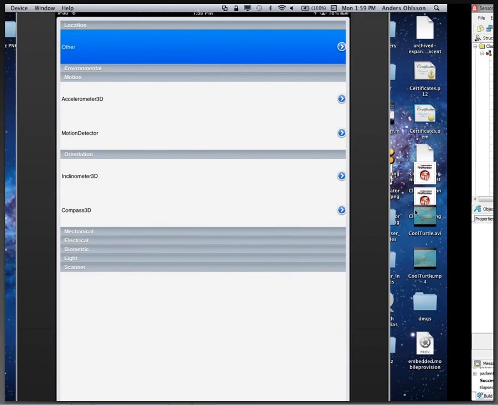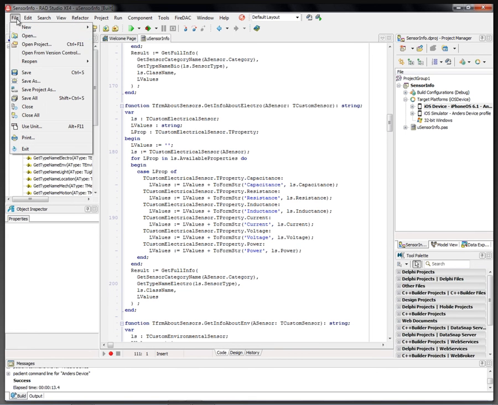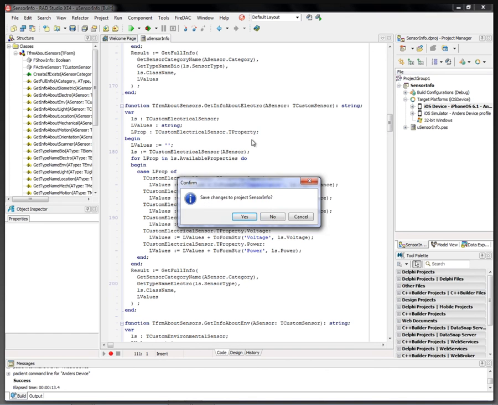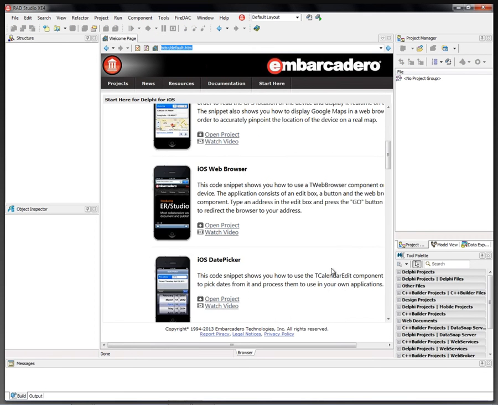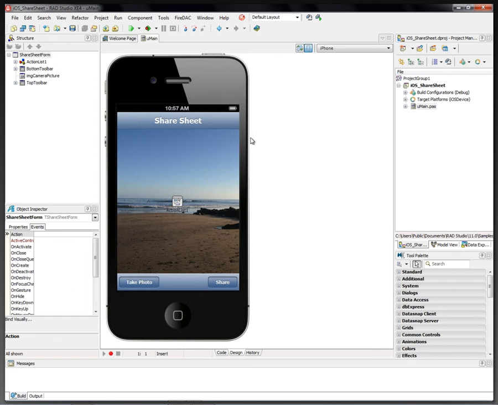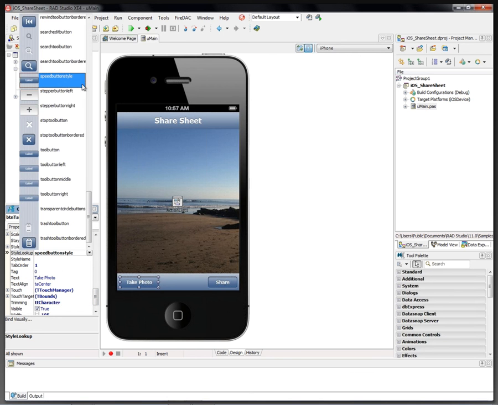All right. Last thing I want to show you is the share sheet demo. And let's close these. Right here, the share sheet demo is available on this page on the start screen. I can open it right here. And one of the things that I usually do is I modify the style here, just to show you how to do that. So the style of this speed button should, in my mind, be a camera icon,